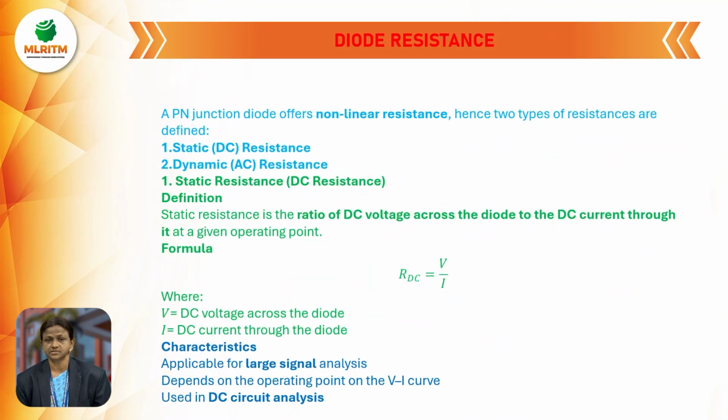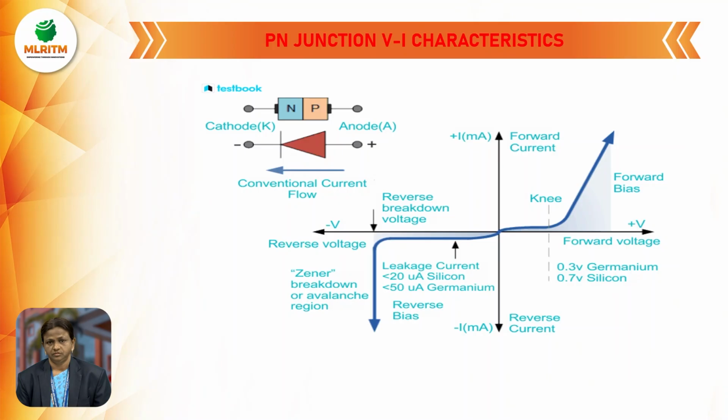Next one is diode resistance. By using Ohm's law, V equals I into R. So from this formula, R equals V by I. Or from this VI characteristics, how can you define dynamic resistance and static resistance? So in this,